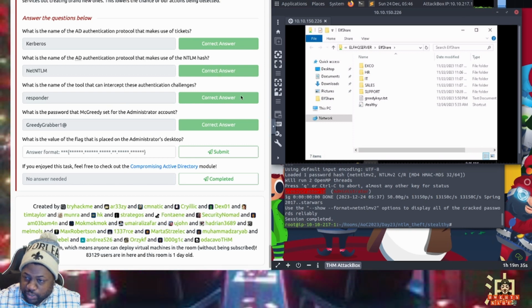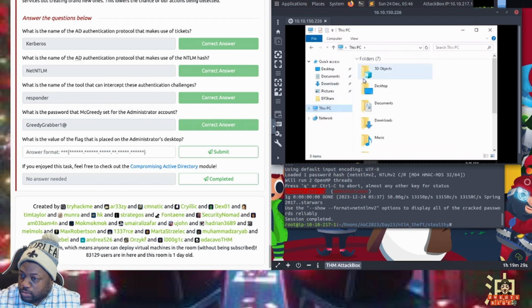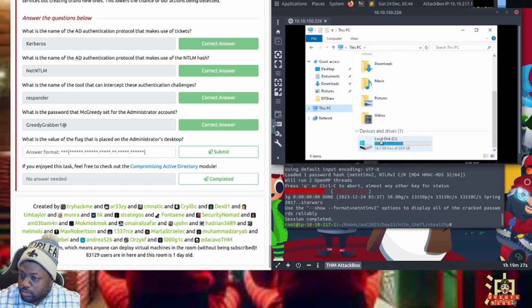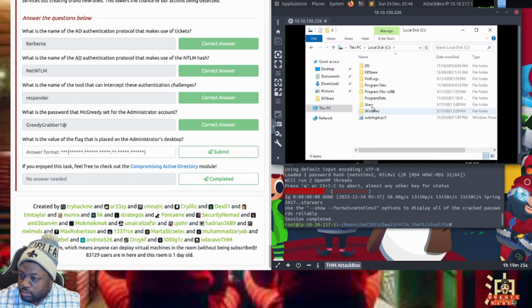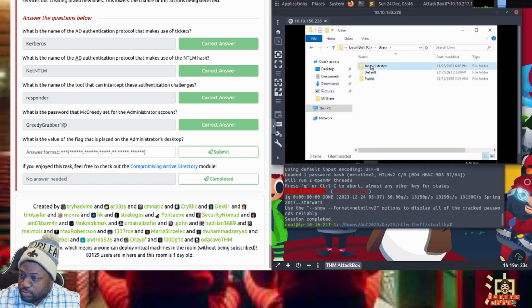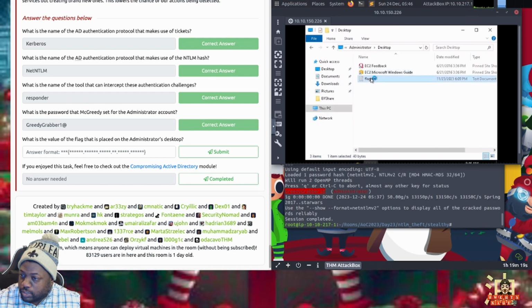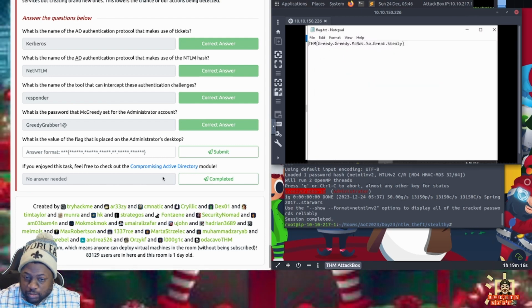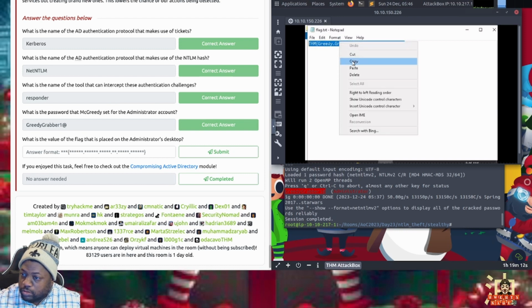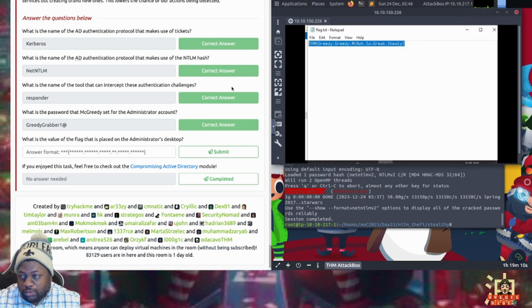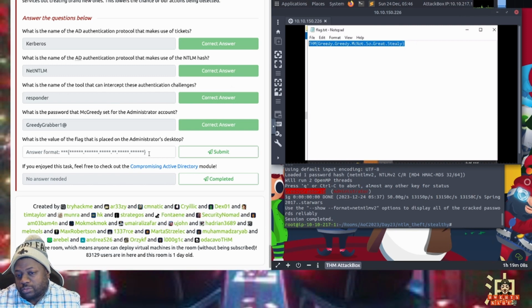There's a flag on the administrator's desktop. Users, Administrator, Desktop, flag. Copy. Ooh, that's ugly.